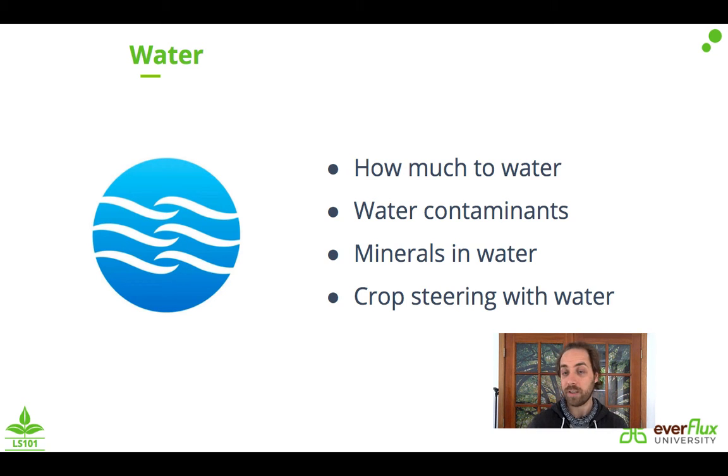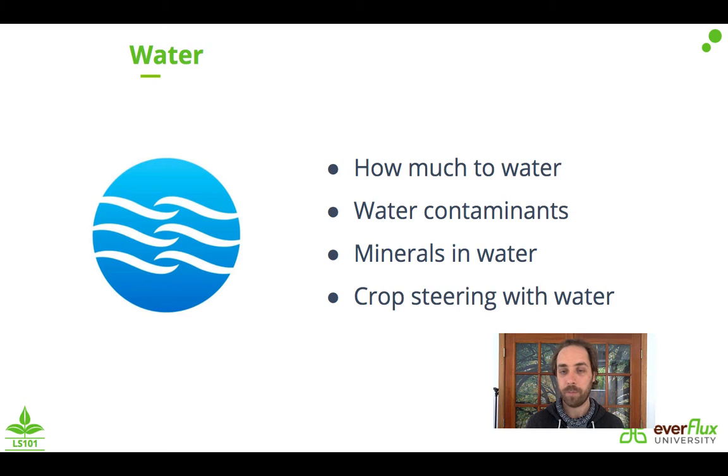Then you also want to consider the potential beneficial minerals that are in that water. So this is actually an argument not to use reverse osmosis filtration. I've heard a lot of people talking about how they use RO water because it's the cleanest, purest water for their plants. But actually, they're being a little bit counterproductive by using RO because they're filtering out some minerals that could really be beneficial for your plant. So you want to balance, again, filtering contaminants and allowing some minerals to